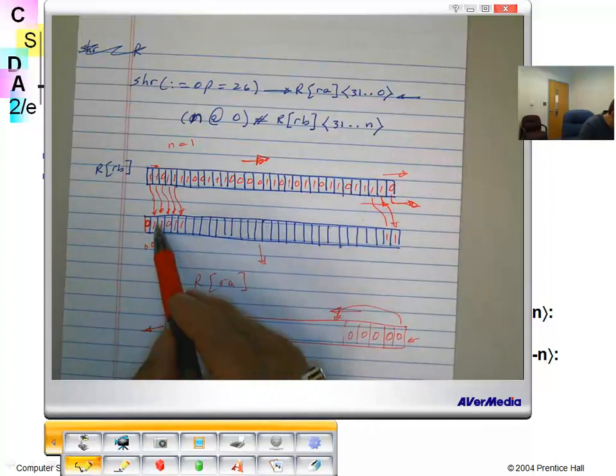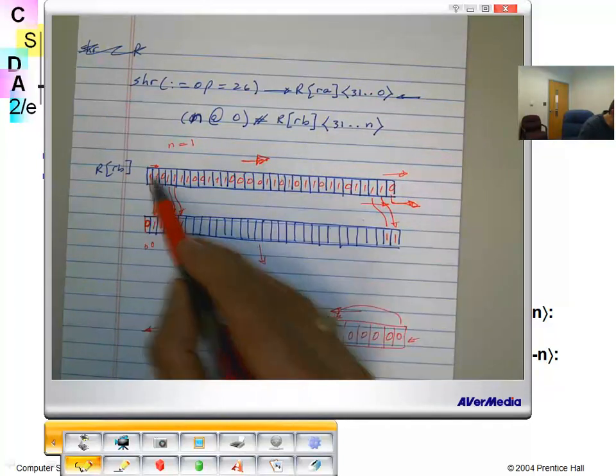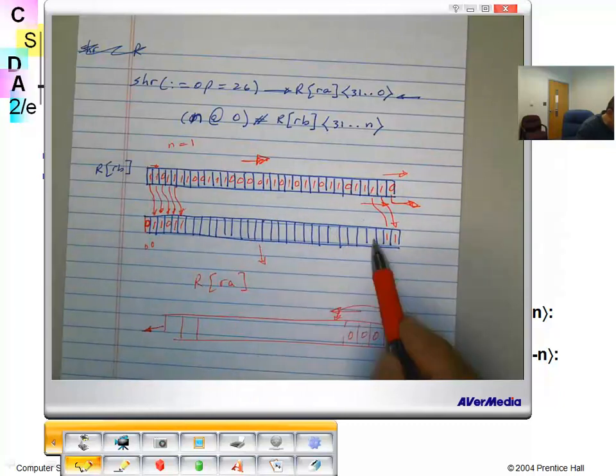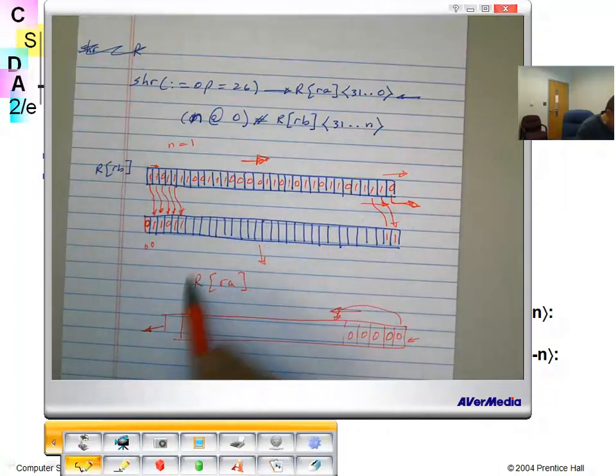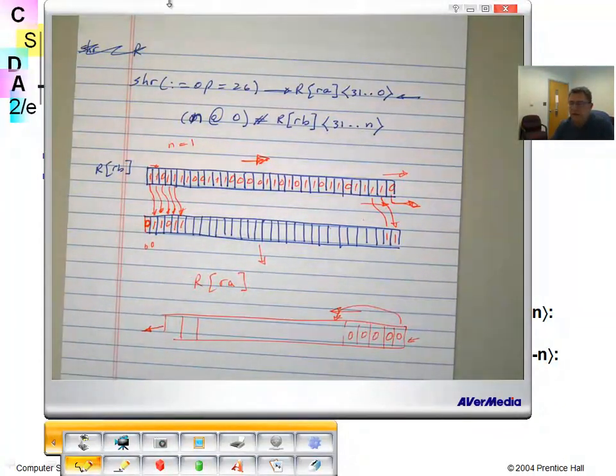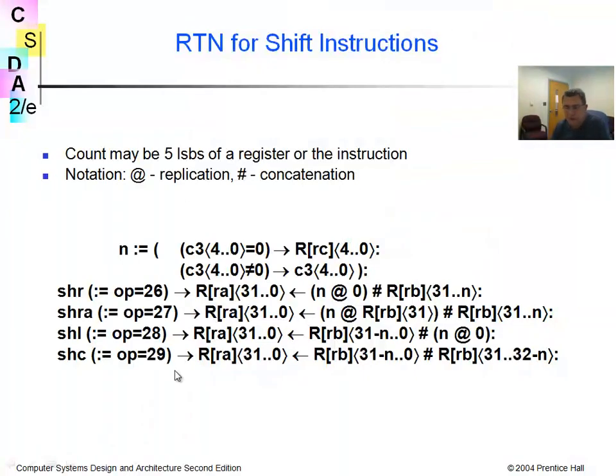Right? So you put 2 zeros, and then from here to 2 bits, move them here, and then you take this one and load them to RA. It is very kind of straightforward. And shift right arithmetic means